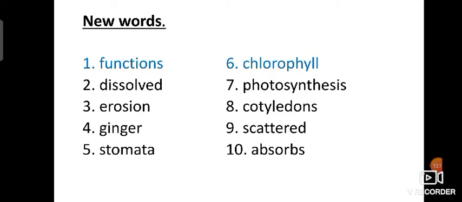Functions. Dissolved. Erosion. Ginger. Stomata. Chlorophyll. Photosynthesis.